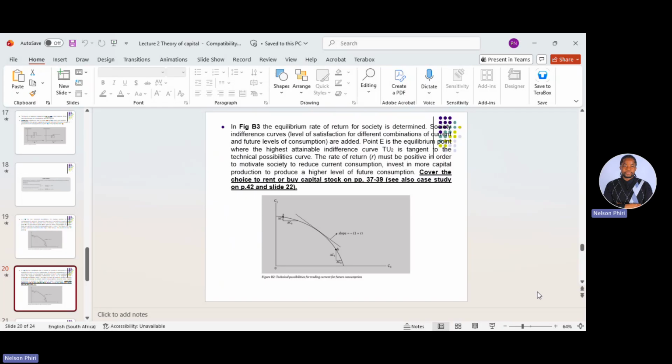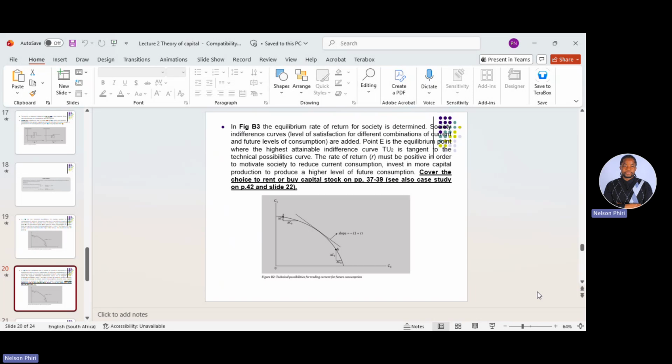Then the rate of return R must be positive in order to motivate society to reduce current consumption. This shows us that the slope of the curve is negative, which is negative 1 plus R. You can look at sections 37 to 39 in your slides. It shows how you move about that section, but the important thing to note in the slide is the slope